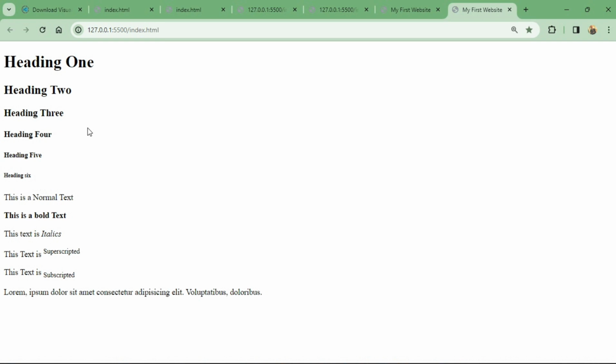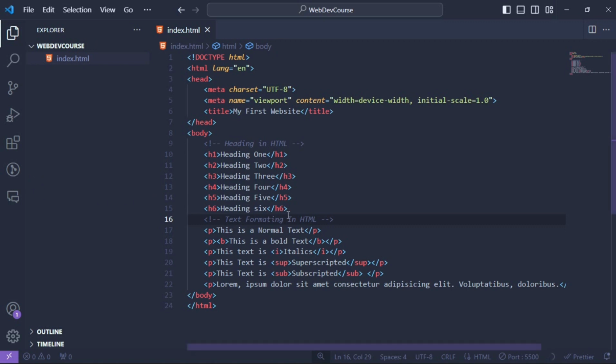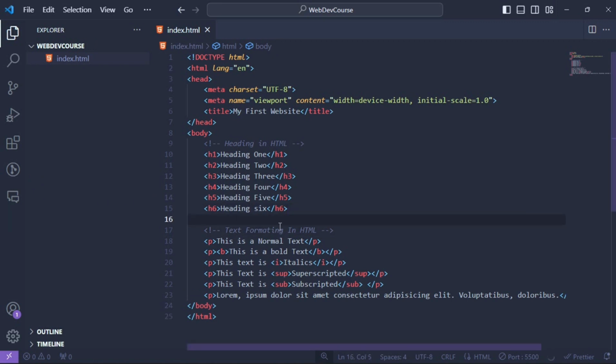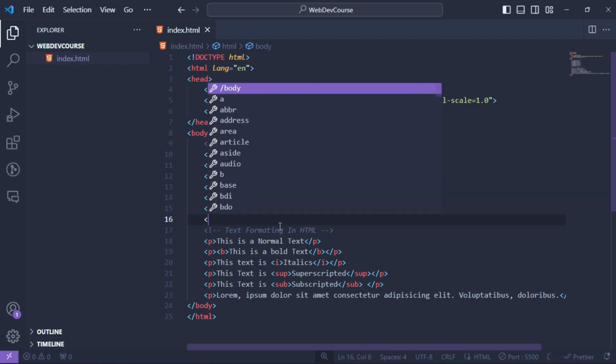The output says that this heading 1 is bigger than heading 2, and heading 2 is also bigger than heading 3. 3 is bigger than 4. 4 is bigger than 5. While 5 is also bigger than 6. 6 is the smallest. There's nothing like heading 7. I know some of us might be wondering why not heading 7, so let's try it. Heading 7, it's not even bringing the suggestion. So let's first create the tag